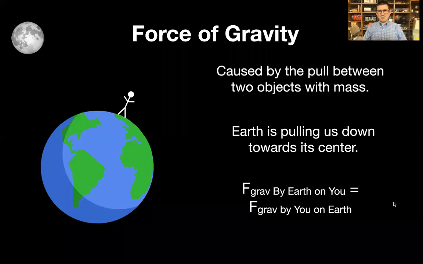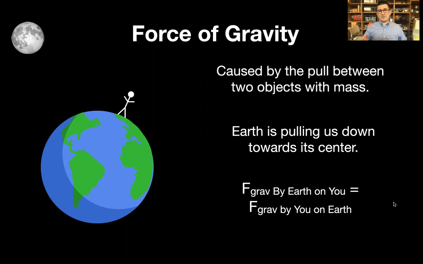So first, let's talk about what is the force of gravity? Well, the force of gravity is the pull between any two objects that have mass. For example, I have mass and the bowling ball right there has mass. So technically, I am pulling the bowling ball close to me and the bowling ball is pulling me closer to it. Except the wrinkle in this is my mass on a grand scale is really small, and the bowling ball's mass is also really small. So the gravitational force between us is so small that we can ignore it.